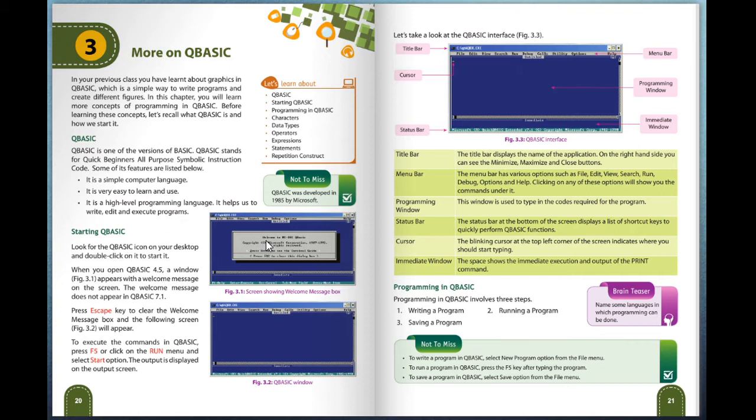Let's take a look at the QBasic interface. Title bar: it displays the name of the application, and on the right-hand side you see the minimize, maximize and close buttons.